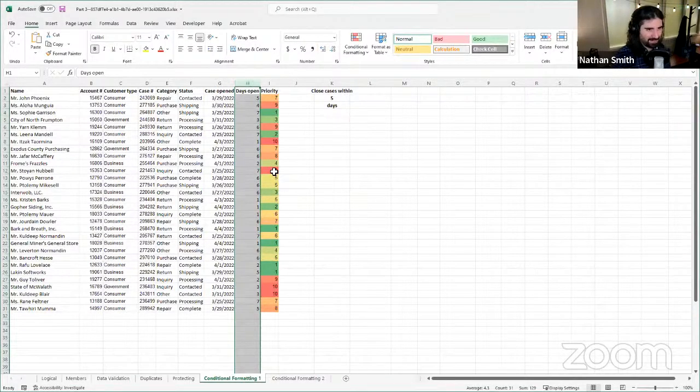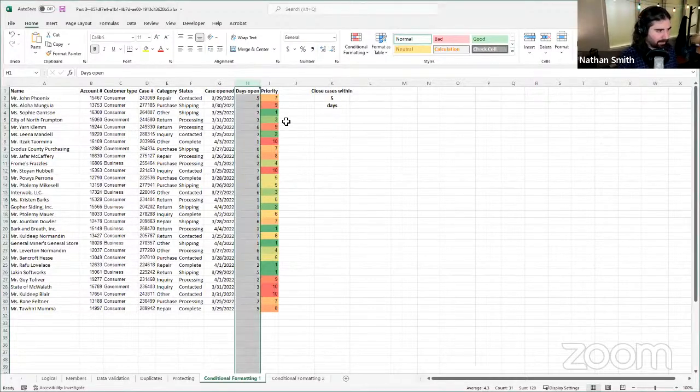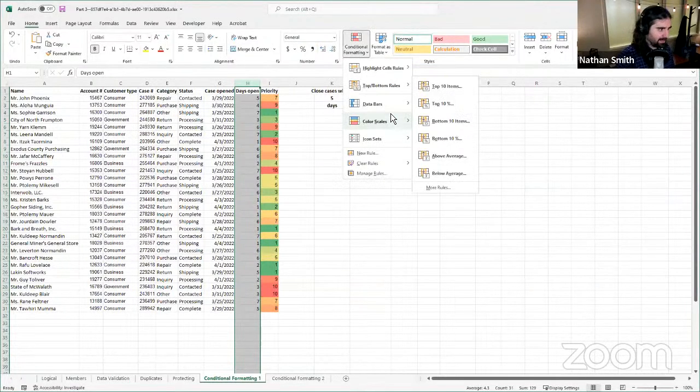So let's talk about our second thing. Again, we've got the number of days open the case has been open listed here, and I have my expectation of when I should be closing these cases over here on the right. So in order to color code that way, I'm going to select column H again. Then I'm going to come up here and click conditional formatting once again, and I'm going to go to highlight cells rules